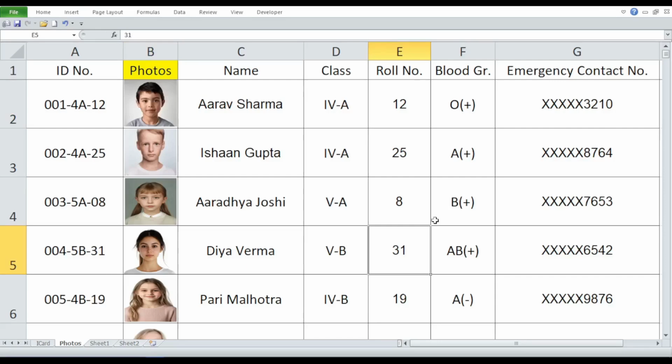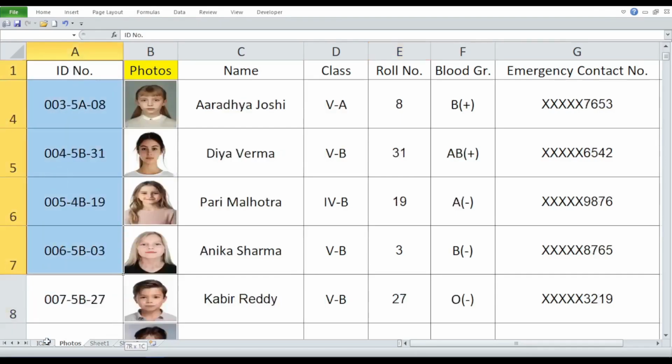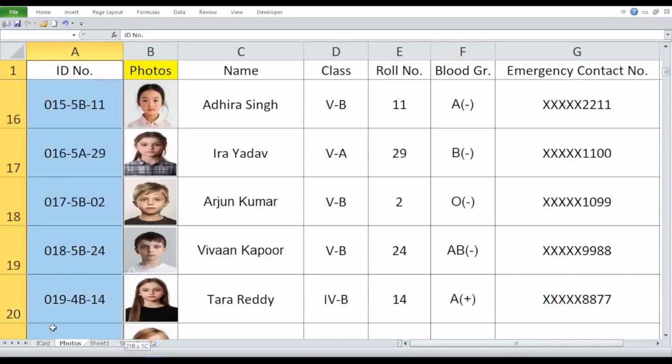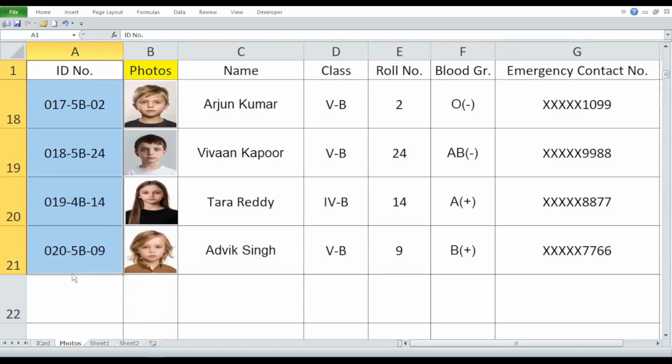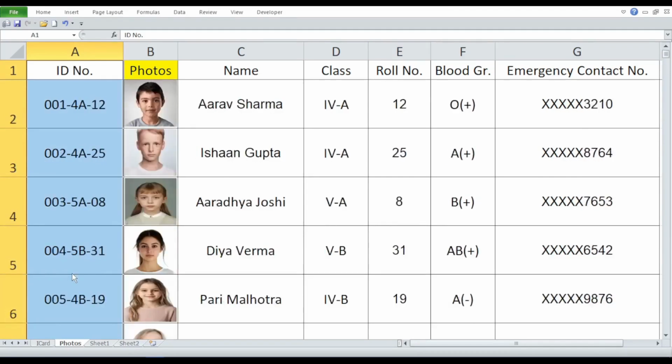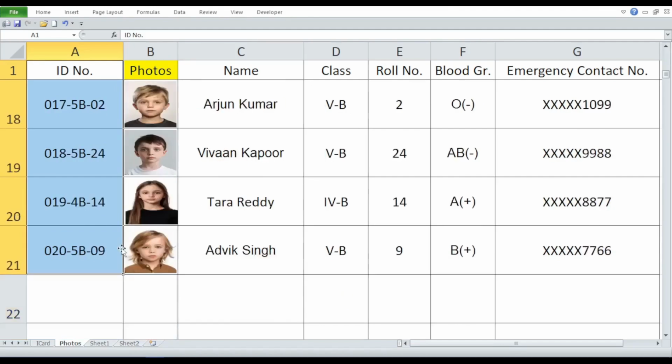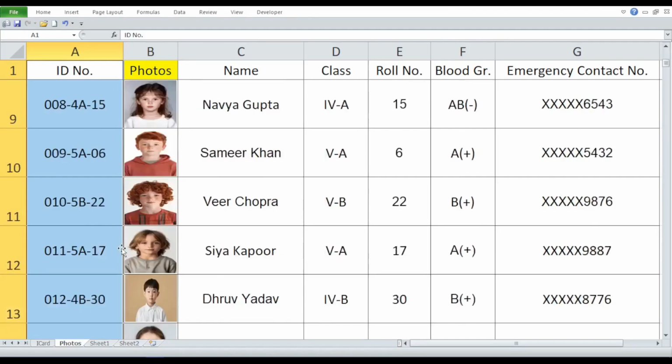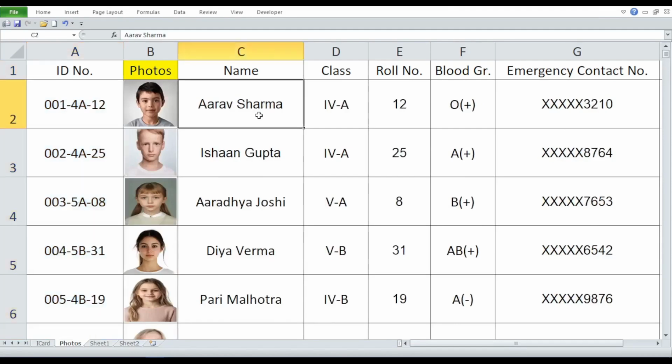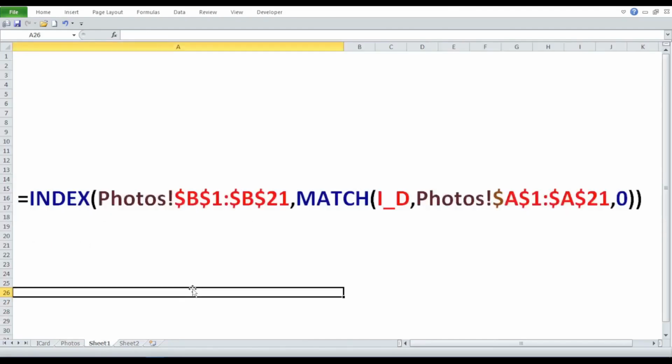Before analyzing the index and match functions for our dynamic photo changer, let's review the location of our ID numbers. The data ranges from cell A1 to A21, including the header, and this is the lookup array for the match function. The photos themselves range from cell B1 to B21, also including the header, and this is the lookup array for the index function. On this additional sheet, I've typed the formula in the text box, equals index, open parenthesis,